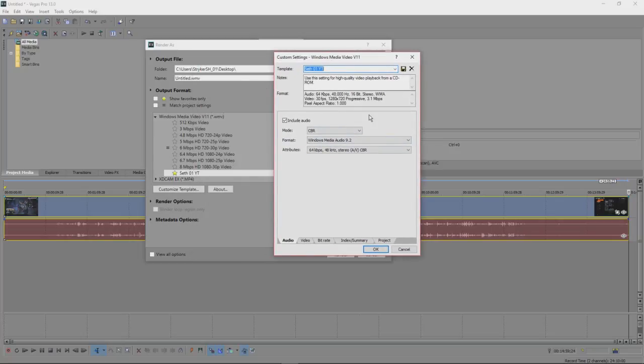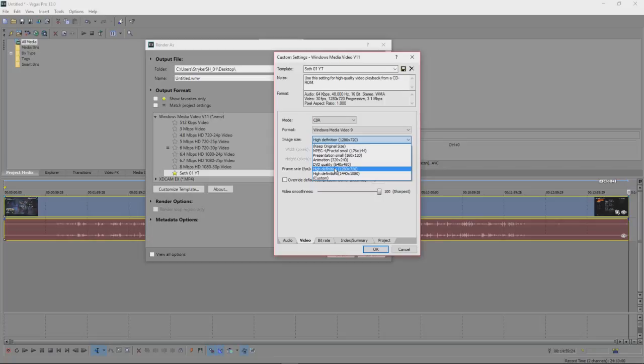So here's what you're gonna want to have for your settings, and this is what it's going to be rendered as. So just go by these settings here, and it should work fine for you. In your audio, this stuff is pretty clear. You're going to want it to be CBR, Windows Media Audio 9.2, 64 kbps, 48 kilohertz, and then stereo, A/V CBR. And for video, CBR again, Windows Media Video 9, and then high definition, you want 1280 by 720,